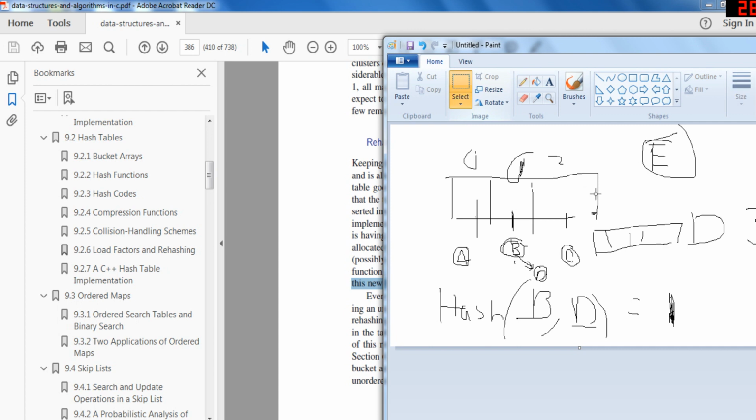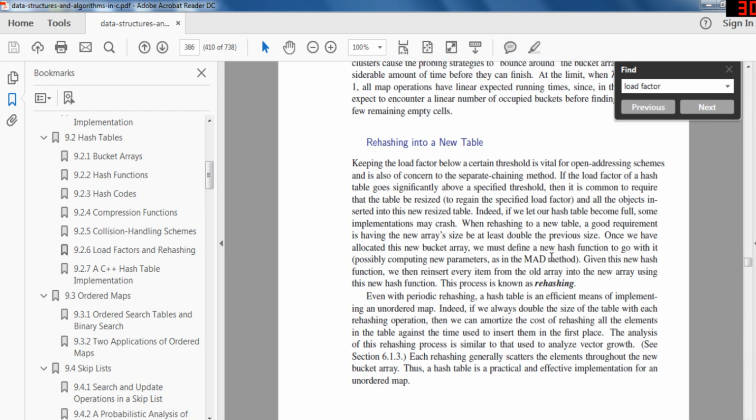Because think about it, if I add like 10 of these, like E's or F's, up to Z, and I only have a size of 3 in my hash table, 0, 1, 2, right? That's going to get cluttered up a lot. So if you want to make it uniformly distributed, sometimes it's better to recopy everything over into a new table